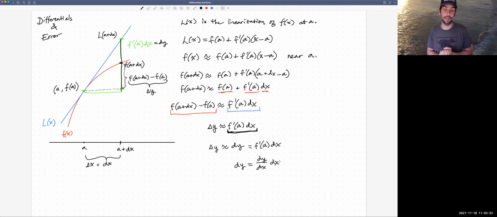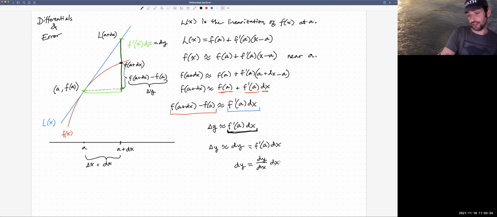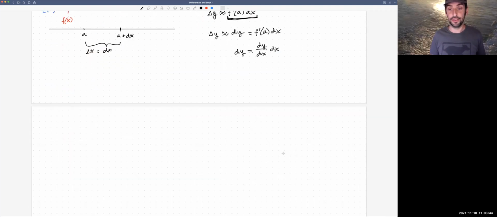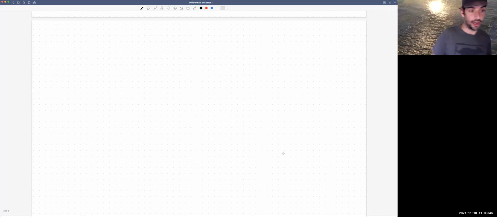It's telling us that we can measure an approximation to how the function changes by looking at how the tangent line, or the linear approximation, changes. Now, let's say a couple more things about this. dy